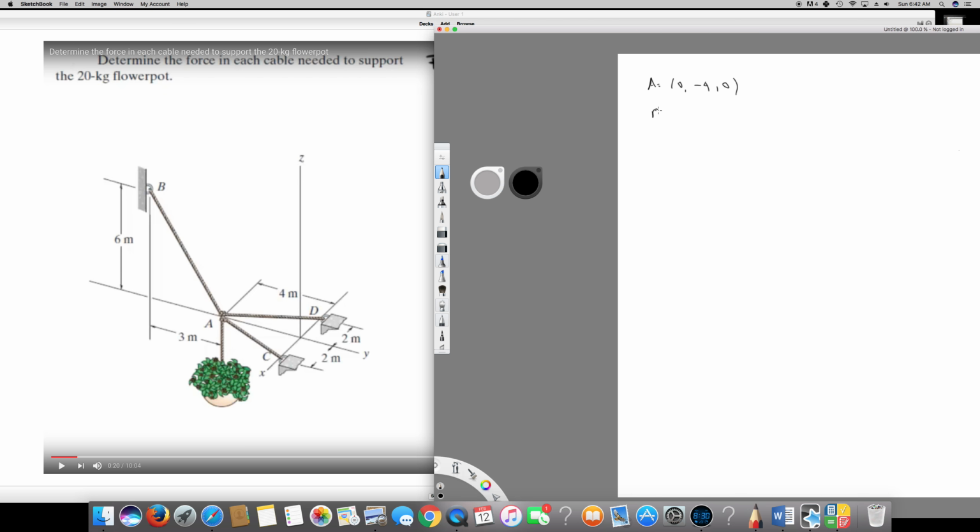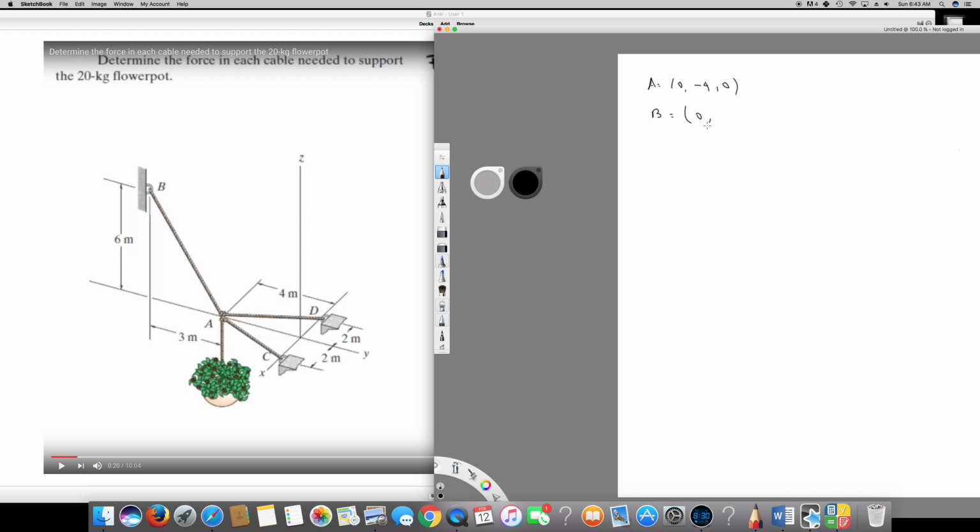And for B, the B coordinates, for the x value, it's also along the x axis, so x is 0, y is 4 meters, and 4 plus 3,